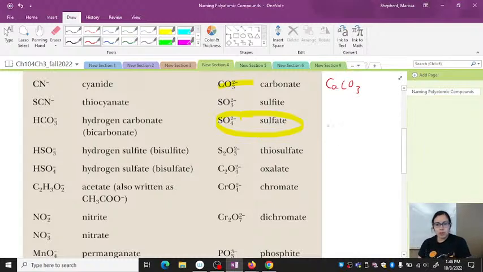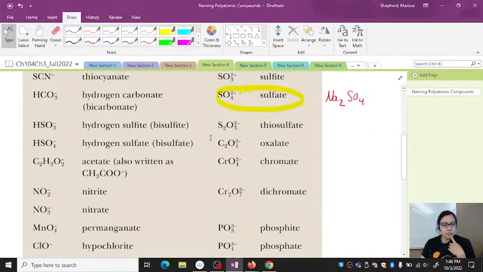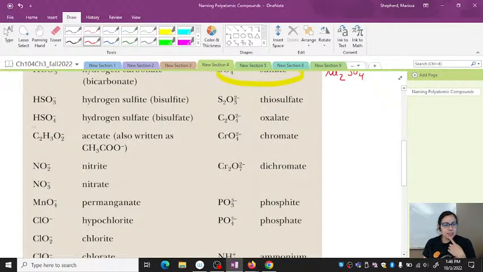So for example, sodium sulfate, so this would be Na2SO4, so we need 2 equivalents of sodium to balance out that 2- charge. Now, acetate, it does come up a lot, maybe not so much in this chapter, but you'll see it again in the acid-base chapter. And the only reason why I point it out is because it's confusing and throws people off, because